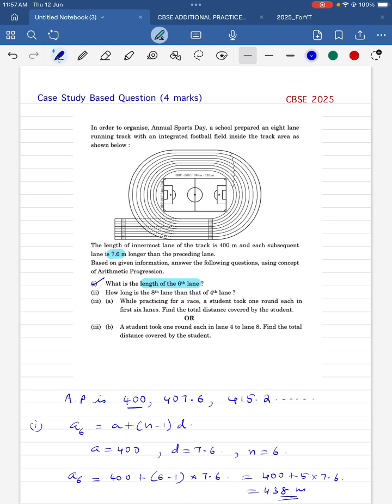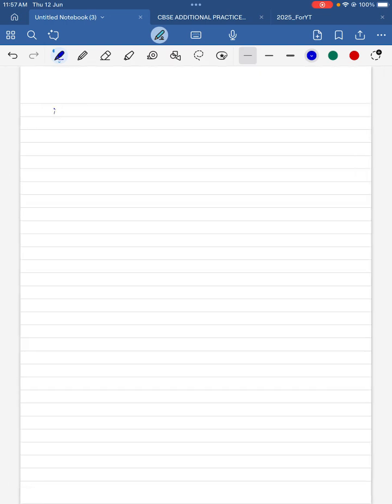Now, how long is the 8th lane than that of the 4th lane? So we have to find the difference A8 minus A4. A8 is a plus 8 minus 1 into d, which is 400 plus 7 times d, which is 400 plus 7 times 7.6. Now, 7 times 7.6 gives me 53.2. So 400 plus 53.2, which will be